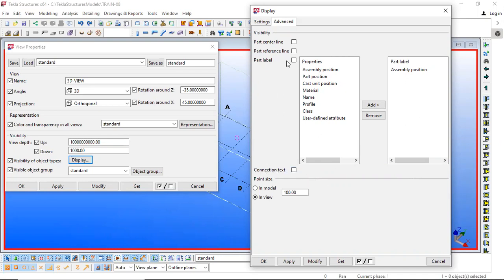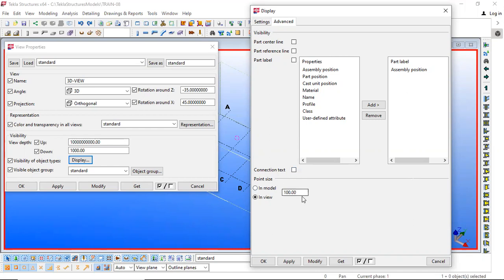I will give you an example later of how this works. In connection text, you can add the connection label also. If there are certain joints you have to check in one go, then you turn on connection text, and you will be able to see all the names of the connections. With that you can understand what connections are applied and at which locations they are.